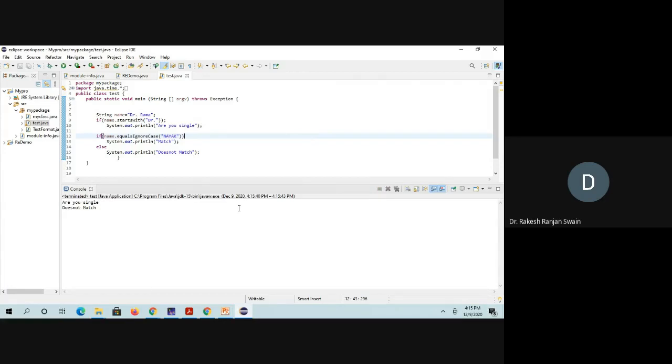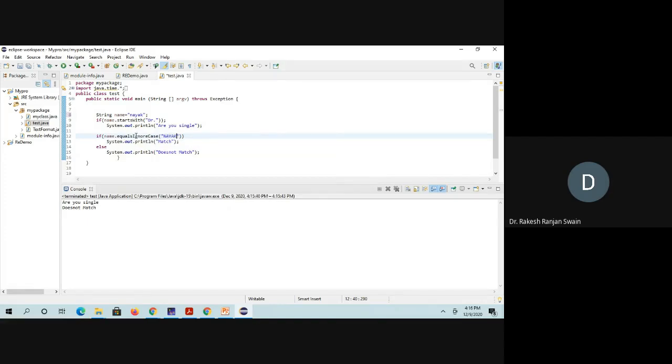Now see what I am checking. The name string is Dr. Rama, and the string I pass is Nayak. These two strings are not equal, so the if statement is not executed, only the else statement, and "does not match" will print. But I am changing the first string to uppercase NAYAK, and here it is lowercase. If I use only the equals method, these two do not match.